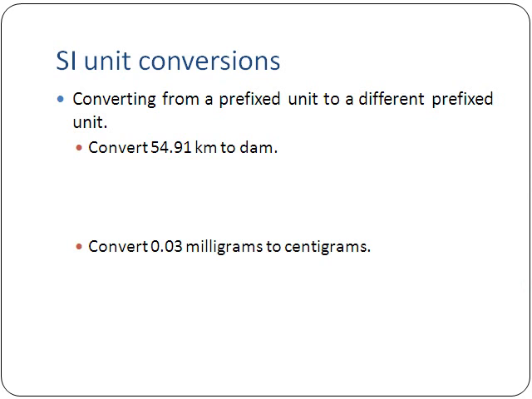In this case right here, we're going to make one slight change from what we did before. Last time we only changed between things that didn't have a prefix to what did have a prefix, or vice versa. Here, we're going to go from a prefix unit to another prefix unit. So in this case, 54.91 kilometers to decameters. And so this one might be a little harder to do quickly in your head. This one you'll see it's a little more useful to set up the table. So we'll start off with setting this up,